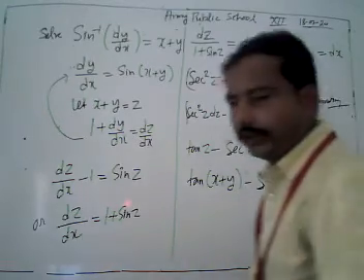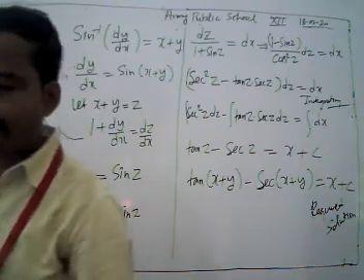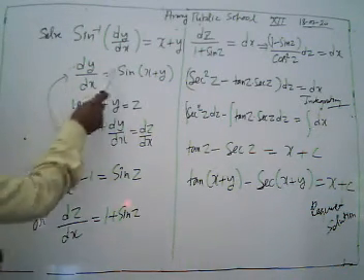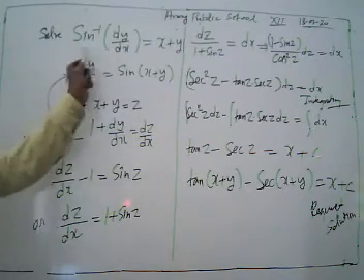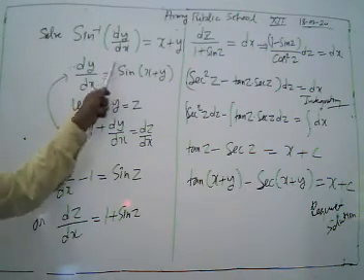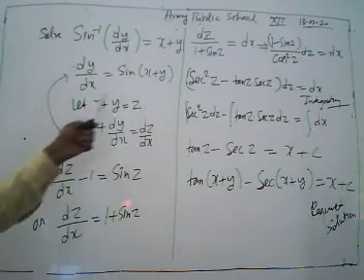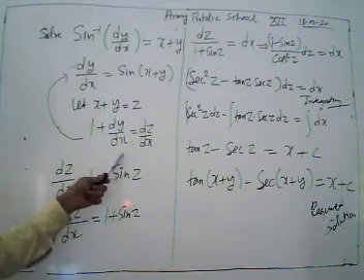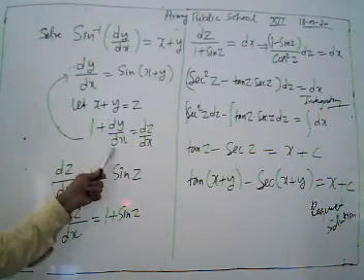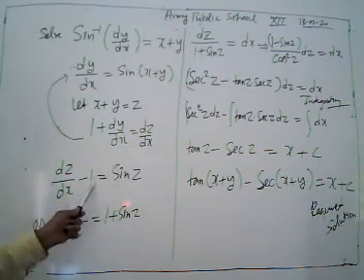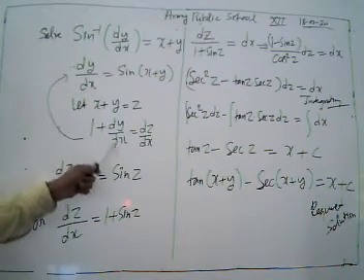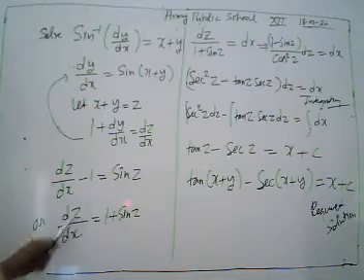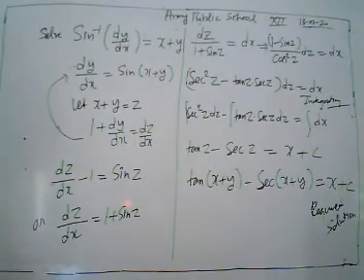Again, I am going to revise what we do here. We have the problem sine inverse of dy/dx equal to x plus y. Since it's an inverse function, we can write dy/dx equal to sin(x+y). Then we take x plus y equal to z. Then dy/dx is substituted by dz/dx minus 1. Putting the value of dy/dx and changing x plus y to z, we have dz/dx equal to 1 plus sin z. Now we are able to separate our variables.